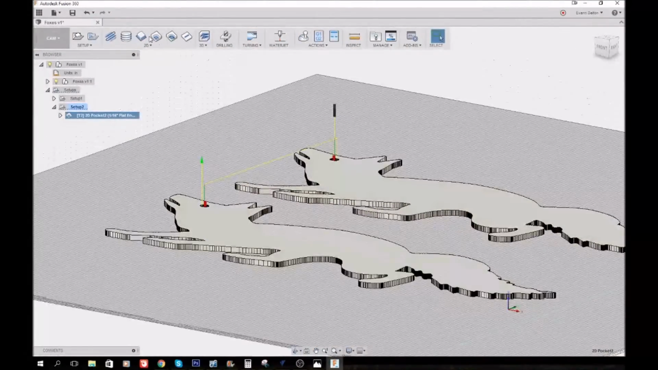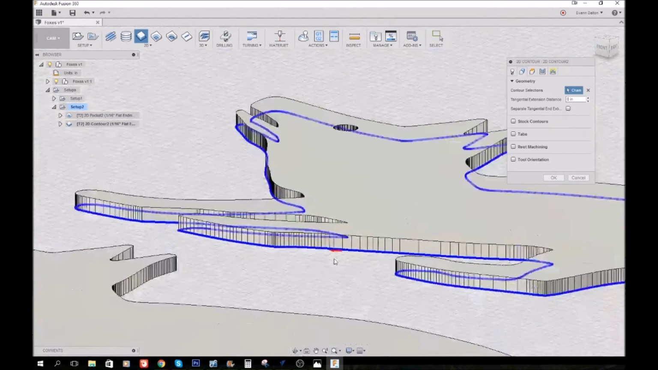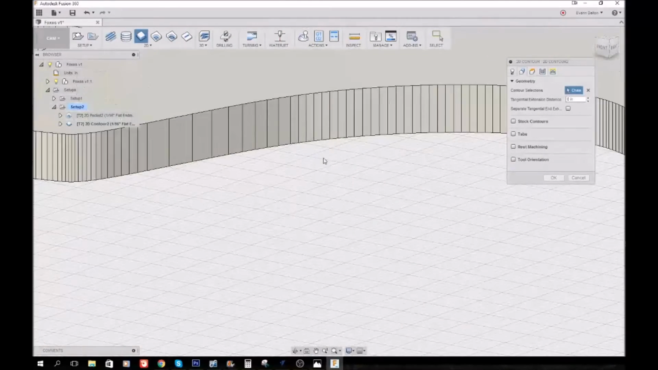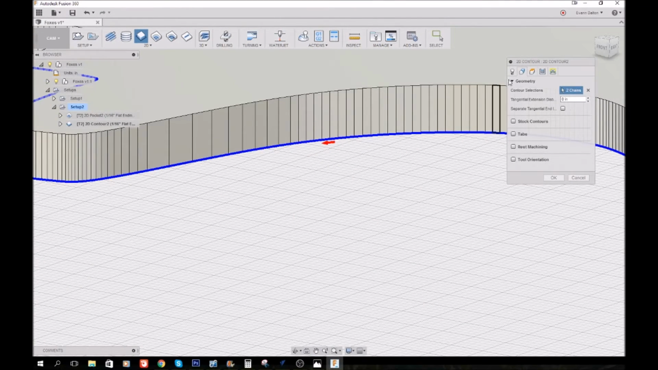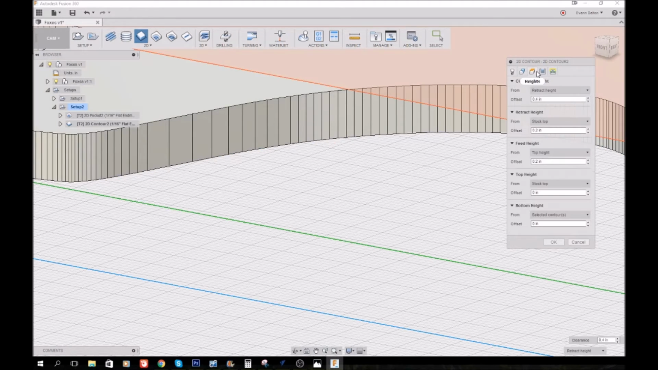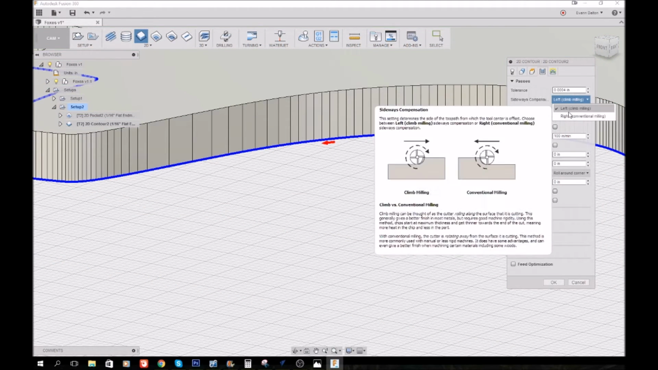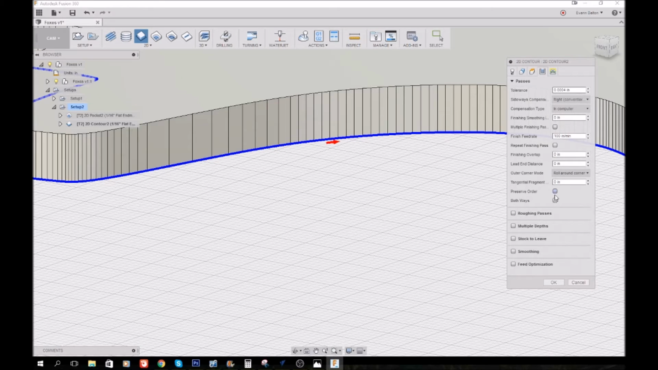Okay, now we need to come back and do our contour, and we'll go ahead and pick our outer contour. There we go. We're going to use the same 16th inch because we're going to trick it, and that's good. We're going to set our heights 0.5, 0.5, 0.5. We're going back to conventional milling. Preserve order both ways, smoothing. We're going to take that 0 out of there. We don't need to do multiple depths because it's only